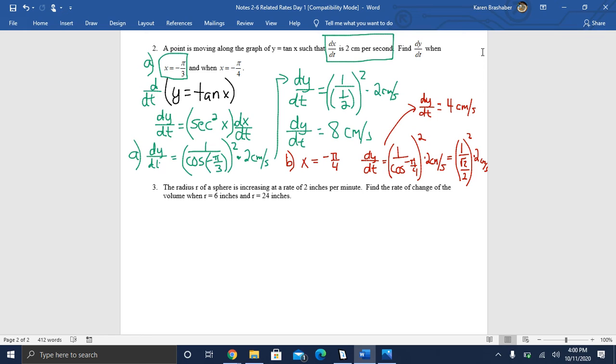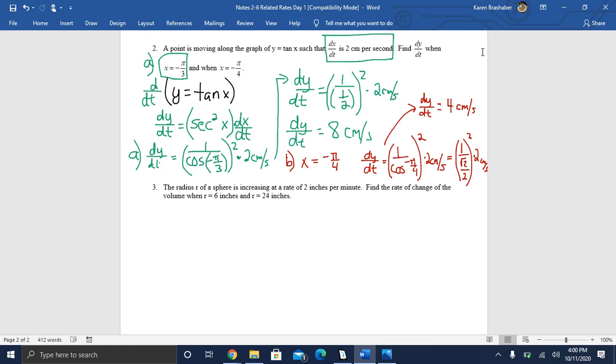And you can do the arithmetic on that to get the answer. So these problems are not as difficult to set up usually, and your differentiation, I think you'll find, is much easier. All right, so there's one using a trig function. I'm going to show you just one more to let you see